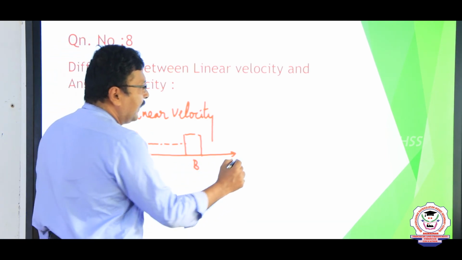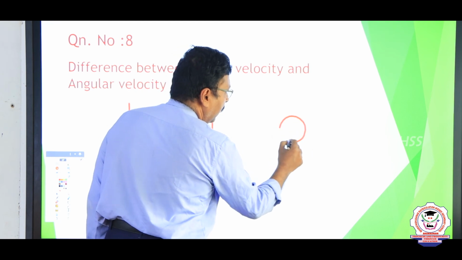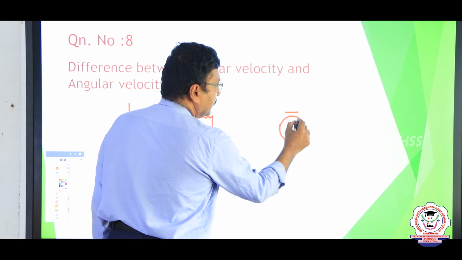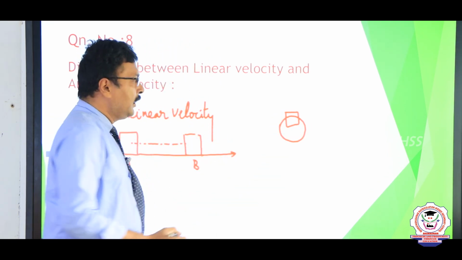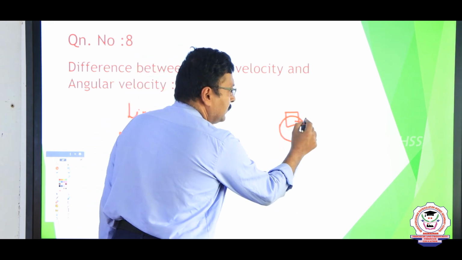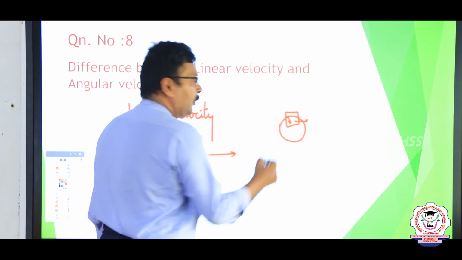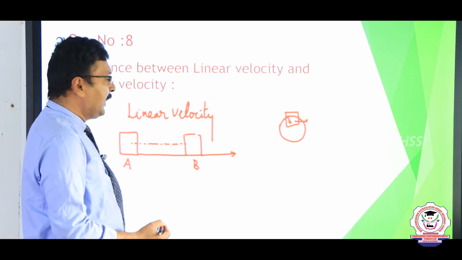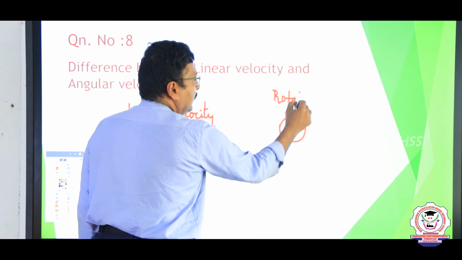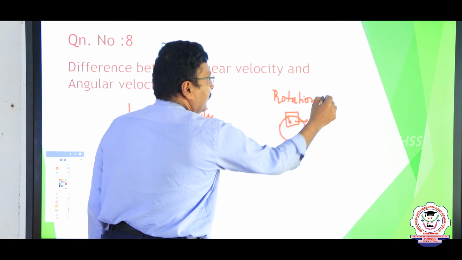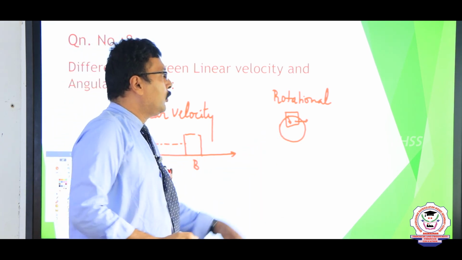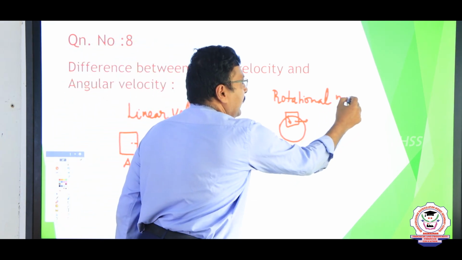Now what happens in a circular motion? Now I am having a circular motion of a small body like this. So now understand, as it turns, this point is moving in a particular direction, whereas this point is moving in another particular direction. So you have to understand that the very simple difference between rotational and linear motion is that all the particles of the body do not travel in the same direction in a circular rotational motion as compared to linear motion.